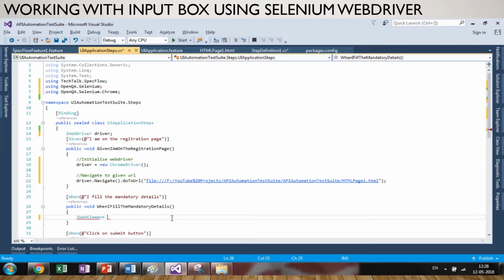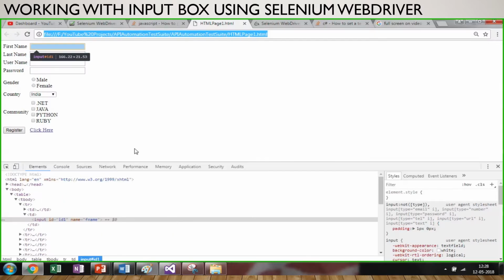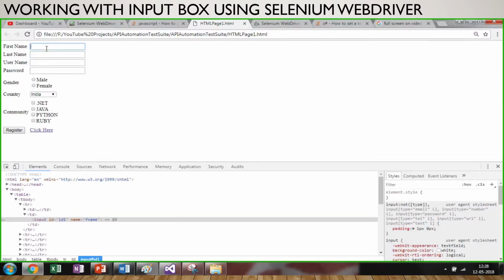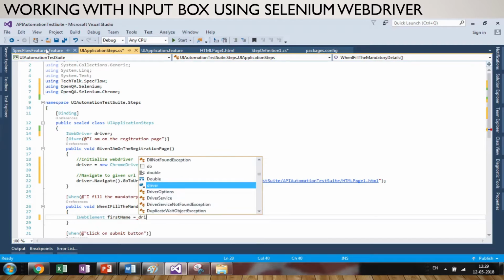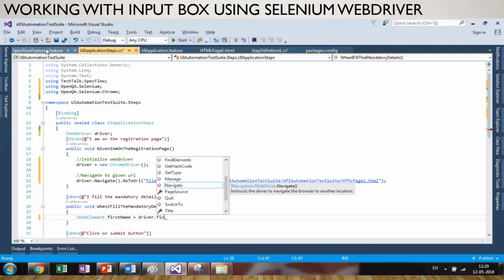Now we will create an object of the web elements. So IWebElement. Now we will create all the objects for the different controls. First we will do the text box. So IWebElement firstName equals driver dot FindElement. You can use the FindElement method,